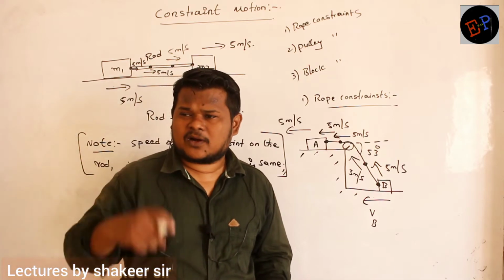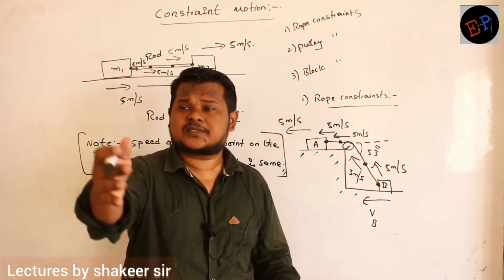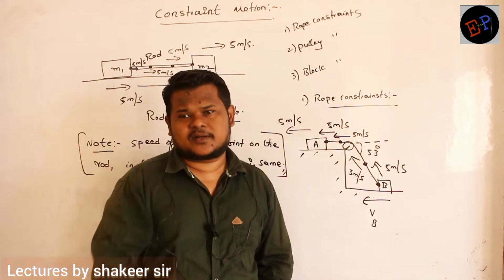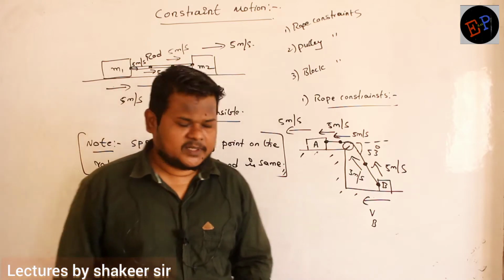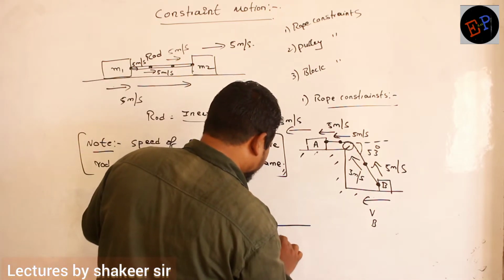That should have been one component, that's all, no? Already we studied splitting of vectors, no? That velocity should have been one component, the horizontal component. Clear, no? So therefore what I do is, I take this velocity VB, clear?